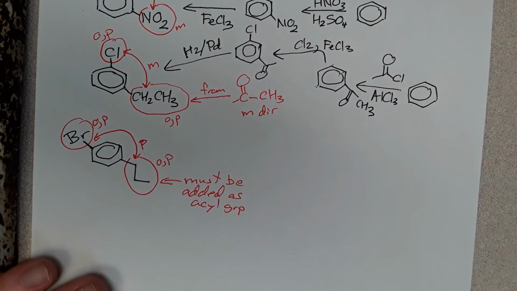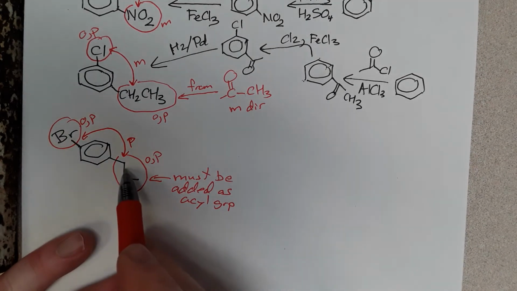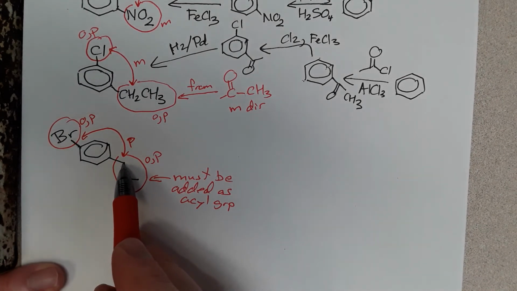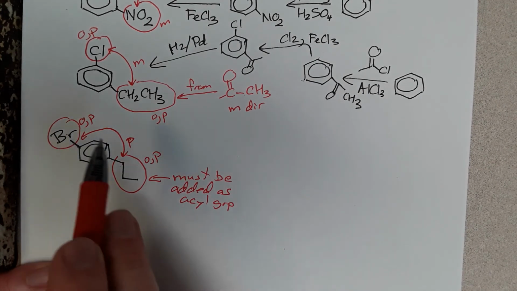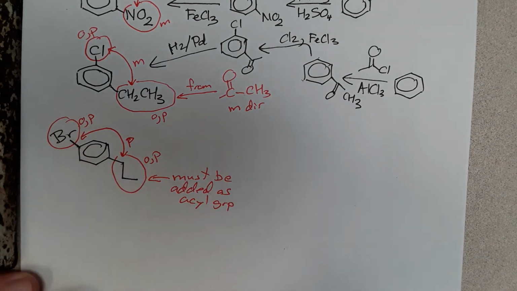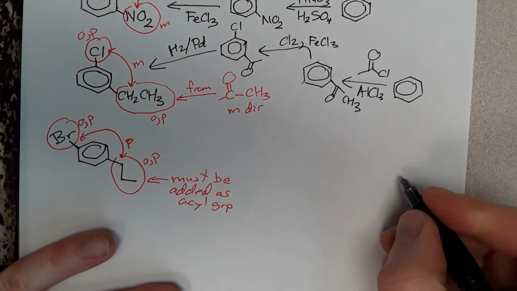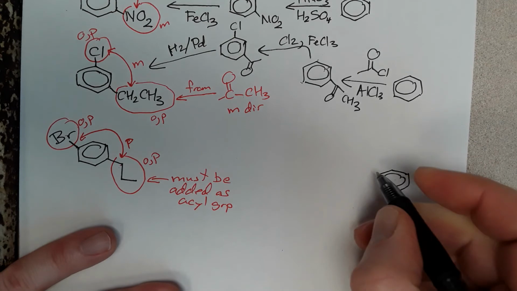Okay, so when that is added, it needs to be an acyl group. And it can be added first and converted to an alkyl group and then this bromine added, or the bromine added first and then do Friedel-Crafts acylation and then reduce it after that. So either one of those methods will work. Step number one,